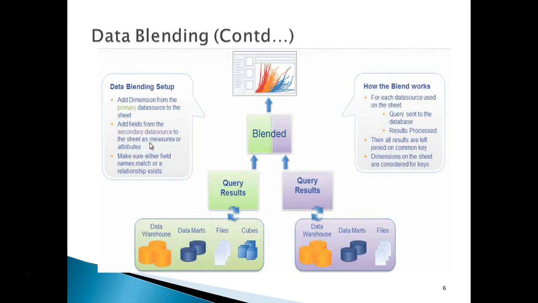There is also going to be a linking field which is going to connect the common field between the multiple data sources in order to allow the data blending. For each data source that is used on the sheet, the query will be sent to the separate databases and the results are going to get processed and merged through the data blending.